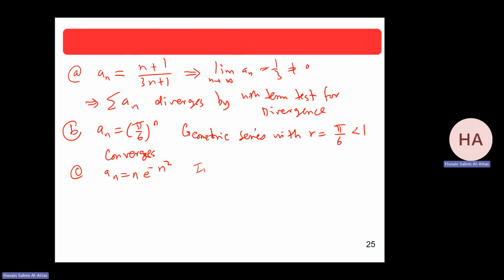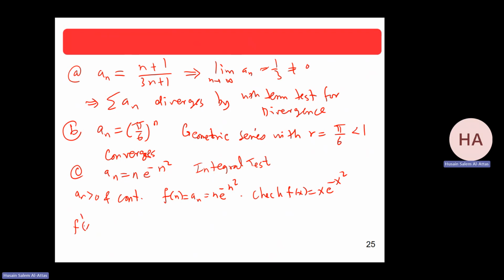So I need the integral test for this problem, where I know that a_n is positive and continuous. And then check it is decreasing, so check f of n equals a_n. So I need to check this function f of x,